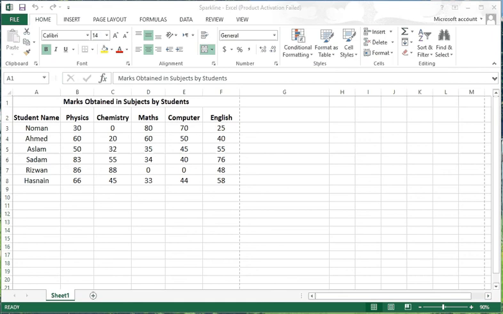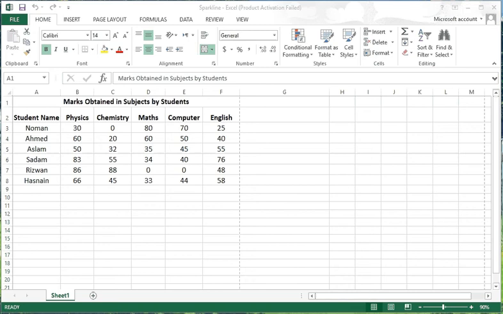Hoping all is well. Dear students, as you know, currently we are learning about MS Excel, and today our topic is how to insert a page break in a worksheet. So for that, first of all, let's know what a page break is. A page break is used to preview where the page breaks when the page is printed. It means when you want to print a page, you want to see where the next page, or where your next data, will be printed.